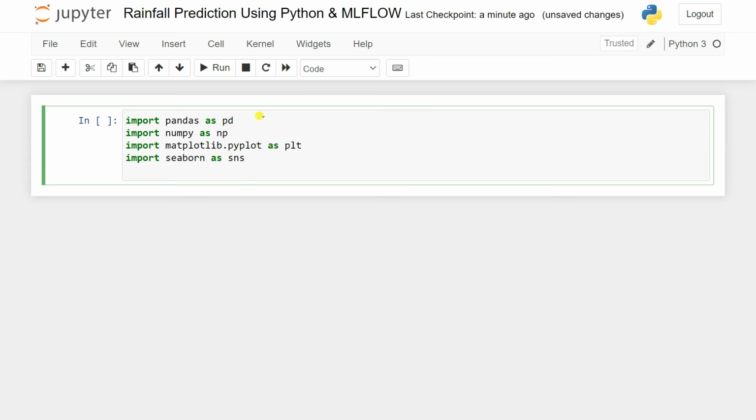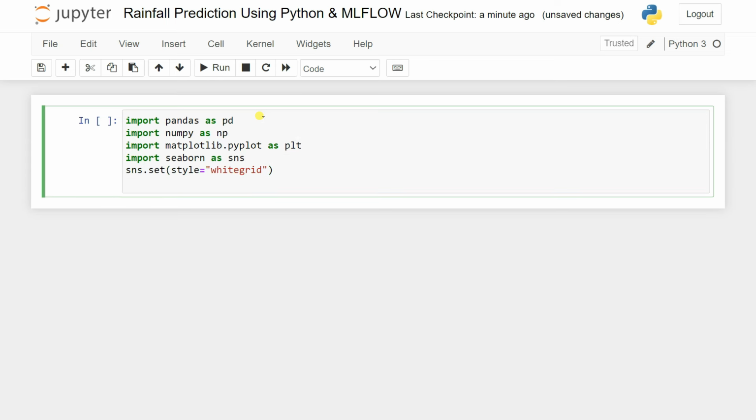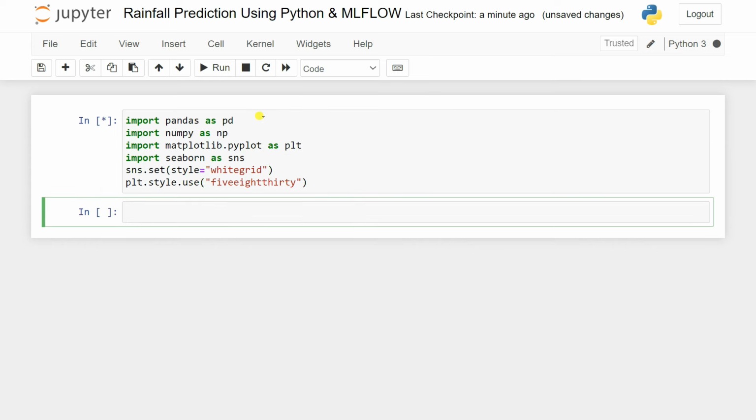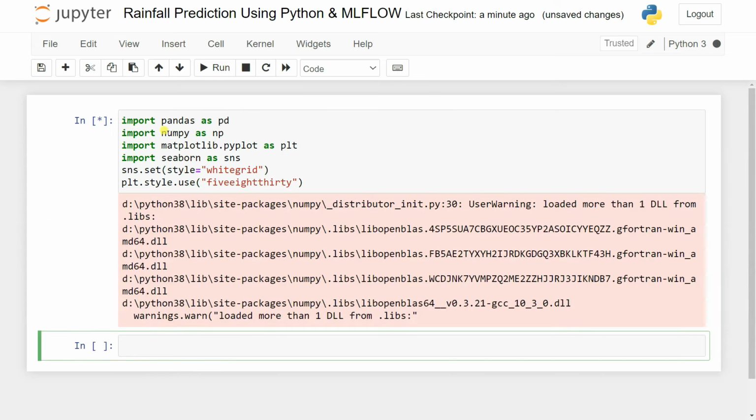Okay. Then I'm going to set some style. Let's say sns.set, and style equal to, then I can give here white grid. And after that, I'm going to set the style for matplotlib, plt.style.use, and then I'm going to use the style called fivethirtyeight. Shift enter. Okay, and you can see it is loading all of the libraries in my